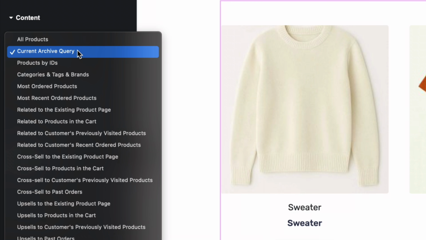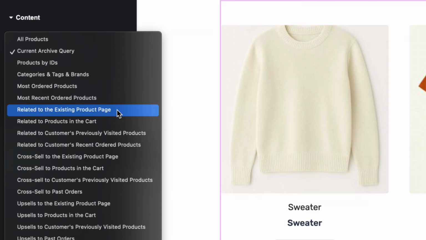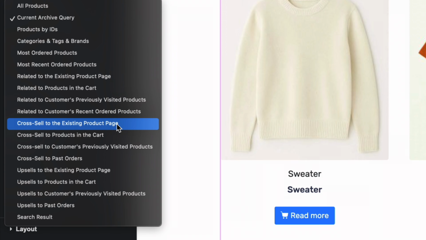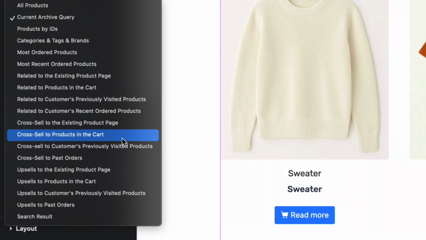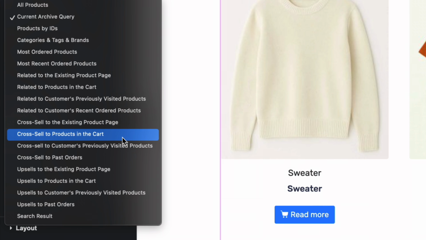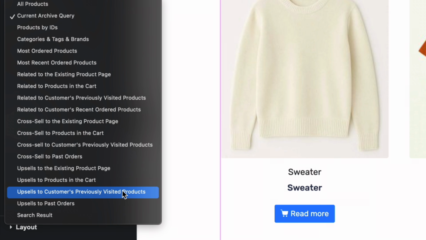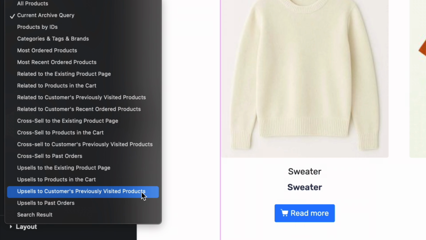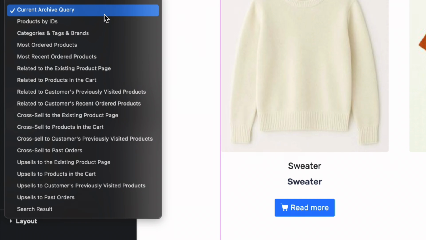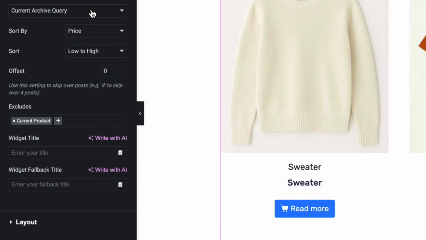We can set it to more personalized factors like cross-sell to the existing products page, cross-sell to the products in the cart, or something of the past. For example, upsells to customers' previously visited products. So I'm going to stick to what it is for now.